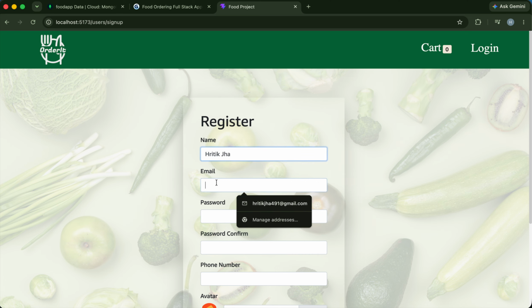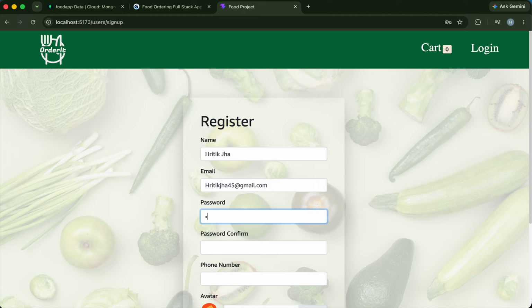Ritik Jha, email is this, password will be this, password confirmation will be this, and phone number